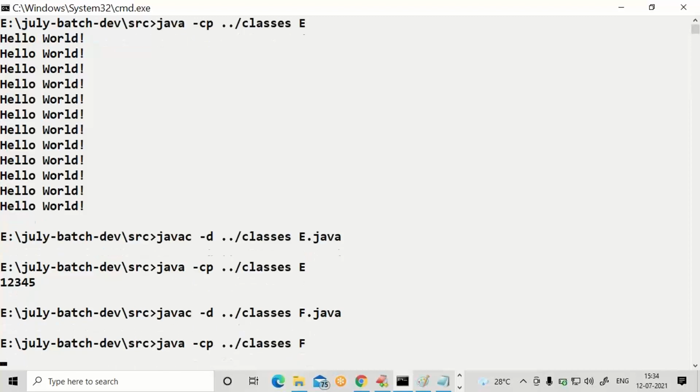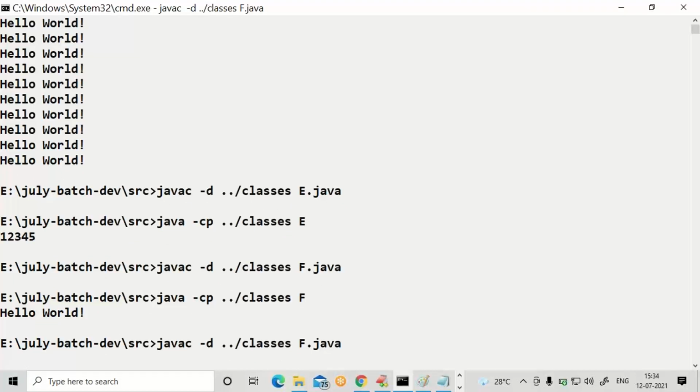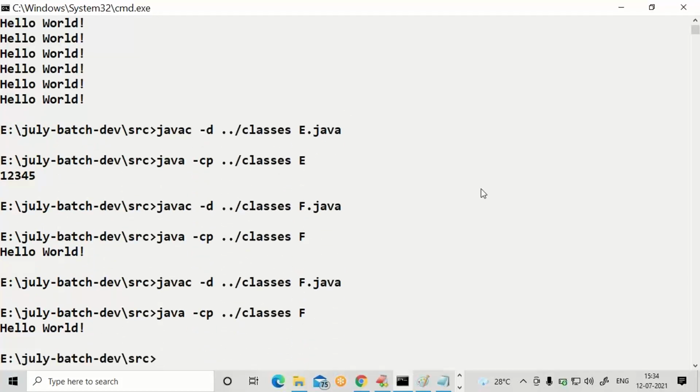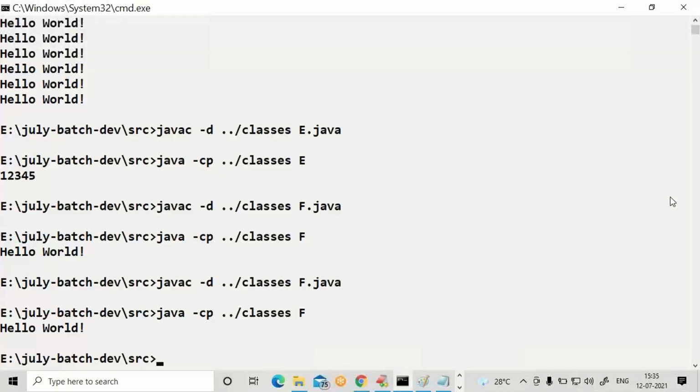Modify from class name E to class name F. Two times up arrow, one time down arrow. Just modify to f.java and class name F.